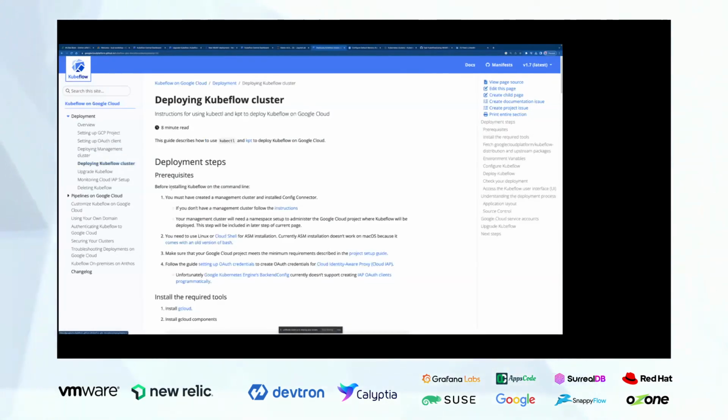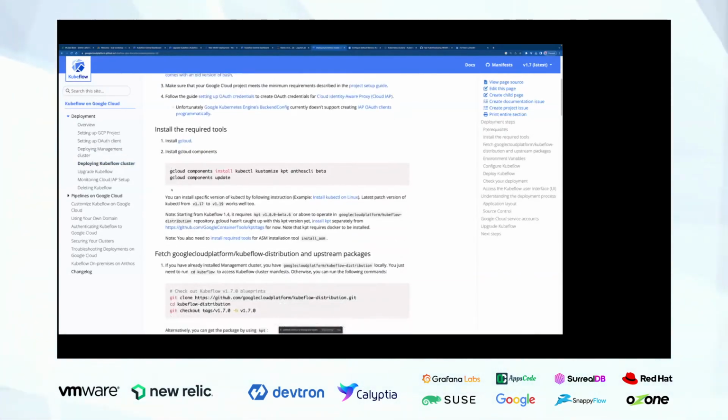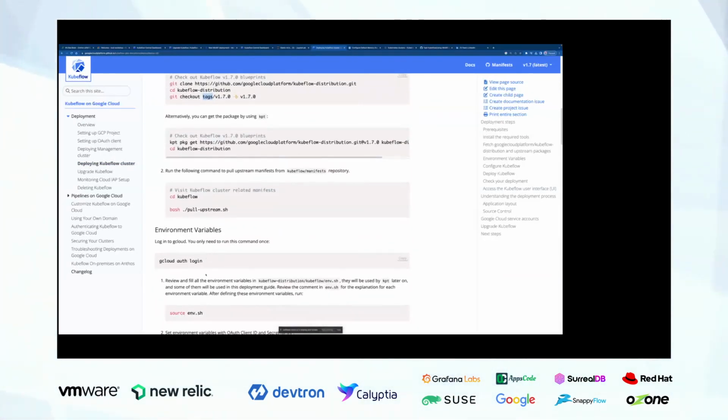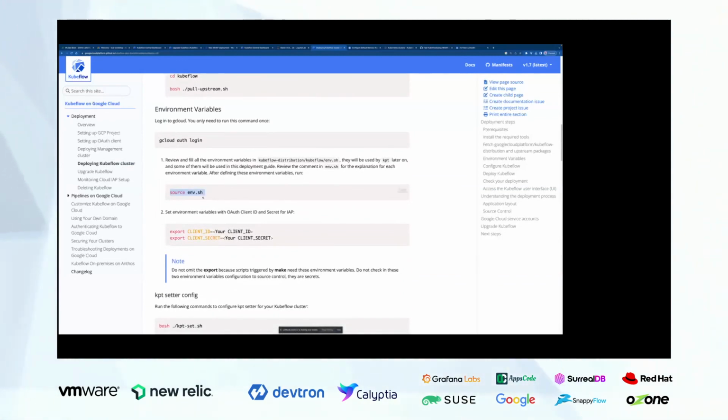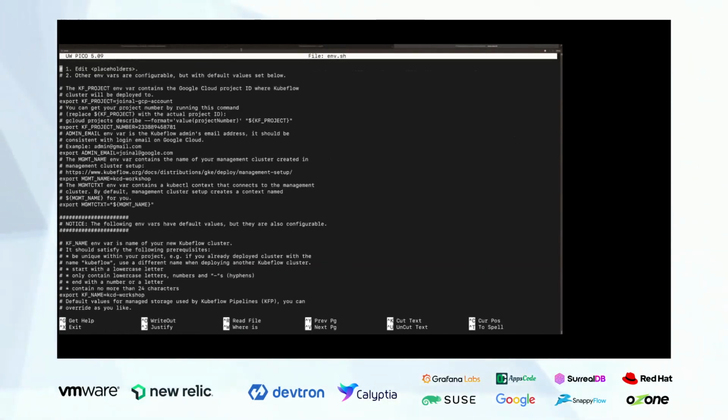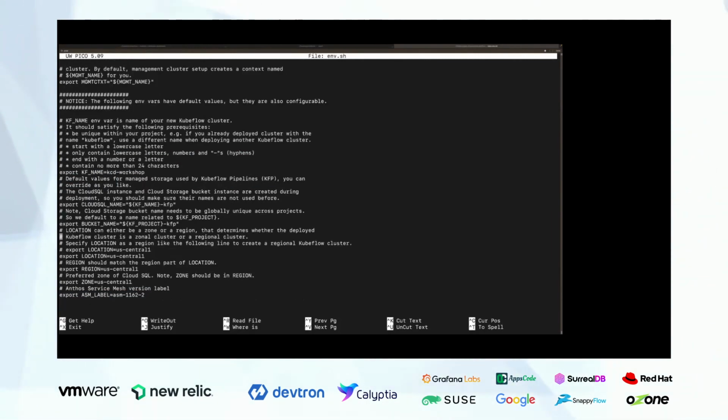Then once you have the cluster ready, what you can do is again, with the same package, you want the Kubeflow folder, and inside that there will be this environment.sh file. What this file has is these details, right? Things like your GCP account name, your admin email, the management cluster name, things like region, your Kubeflow deployment name, and these things, right? So once you declare these, here's the location, region, zone, and these details, right?